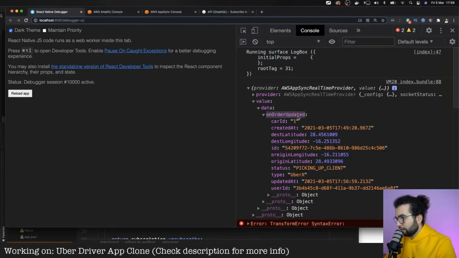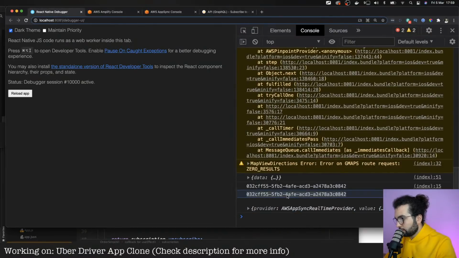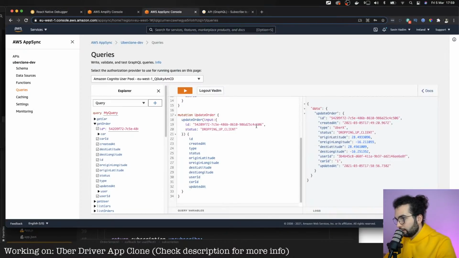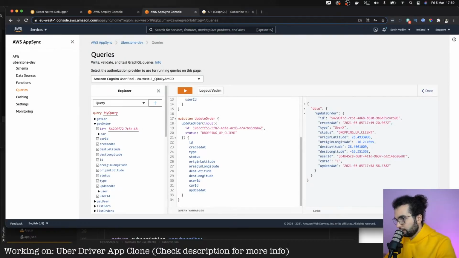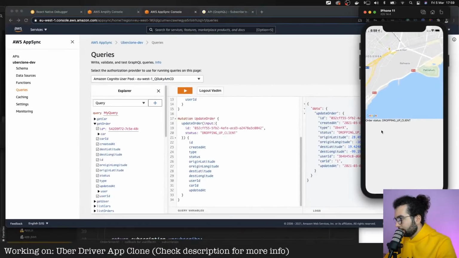However, if we get this new ID, paste it into the update order here, and now run the query. If we look in our application without any updates, our order status right now is picking up the client.